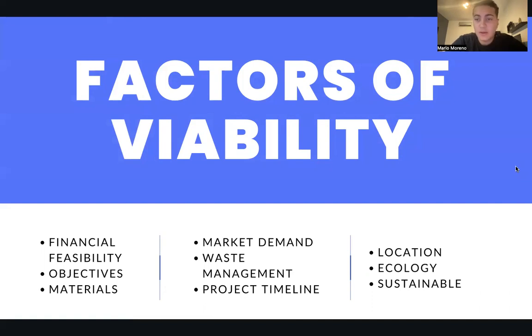Another factor is the market demand, the type of materials. There are a lot of materials that can be used. We did research about a material. I don't remember the name, but it was made of the marijuana plant. So it was not a viable solution because it is illegal here in Mexico. But it was a really good alternative of a material, and I think it was used as an alternative to wood, as well as the objectives and the financial feasibility of the project. It's important. So, thank you very much.